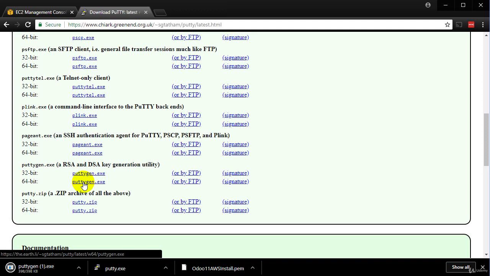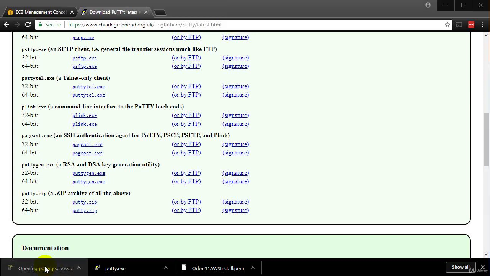So we download our Putty and our PuttyGen, and we're going to start with PuttyGen because PuttyGen is going to let us create a private key from the public key that we just downloaded for our installation, this one right here. So we're going to create a new file that's going to give us a private key to access the server, and we use PuttyGen to do that. So we click PuttyGen,